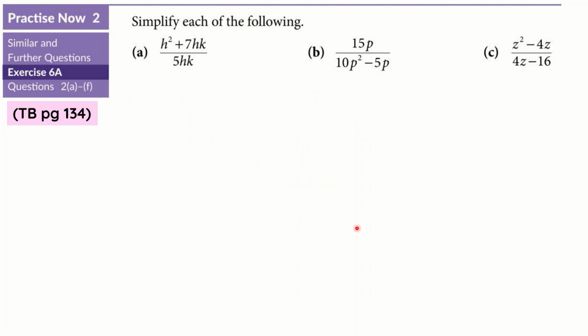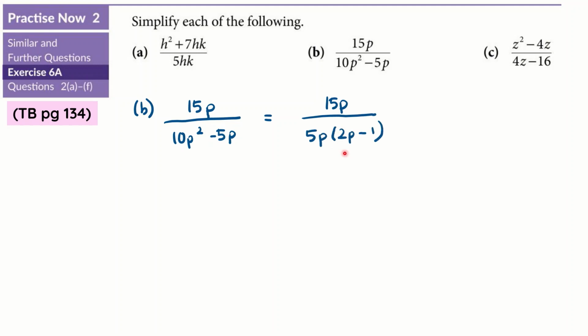We next take a look at part B. Part B, we have 15p over 10p squared minus 5p. So, similar to what we did in part A, we need to recognize that in the denominator, we have to factorize first, okay, before deciding what we need to divide in the numerator and the denominator. So in the denominator, having 10p squared minus 5p, I factorize by extracting common factors to achieve 5p times 2p